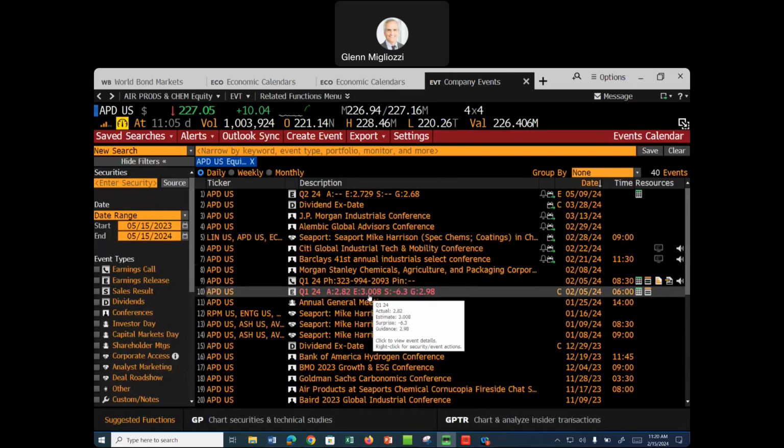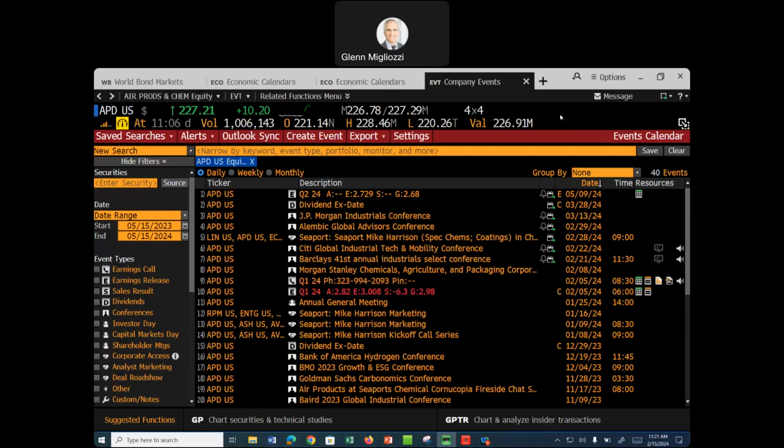If I wanted to know how Air Products and Chemicals' stock has performed relative to other companies, I'm able to go in here and look at how the stock has performed versus other chemical companies, versus the S&P 500. I could be looking at their bonds. There are so many different items that I could be looking for. One thing I just wanted to pull up, to pull together in this first little short video,